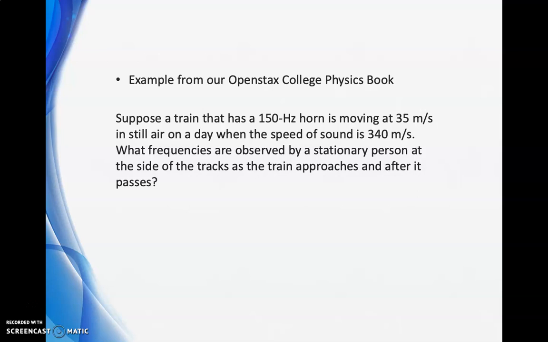It says, suppose a train that has a 150 hertz horn is moving at 35 meters per second in still air on a day when the speed of sound is 340 meters per second. What frequencies are observed by a stationary person at the side of the tracks as the train approaches and after it passes? So there's that equation again,